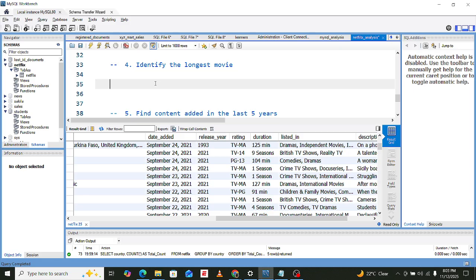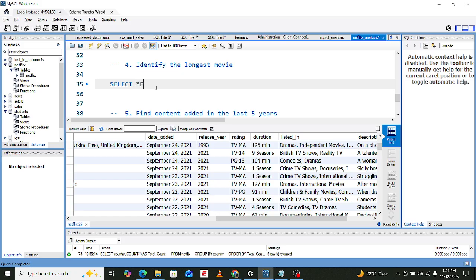Maybe I can try. I'm not sure though. Just try. We first select. What database are we using? It's called Netflix. Select from Netflix. Are we selecting all?